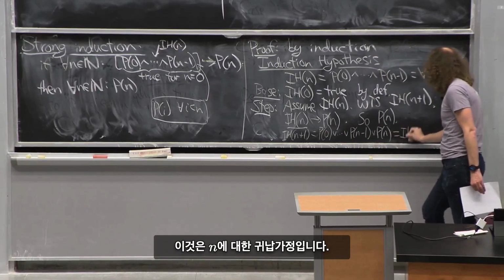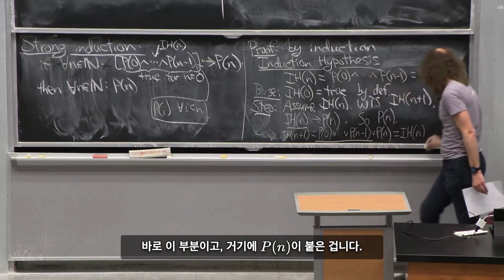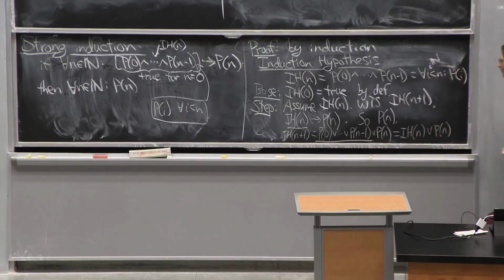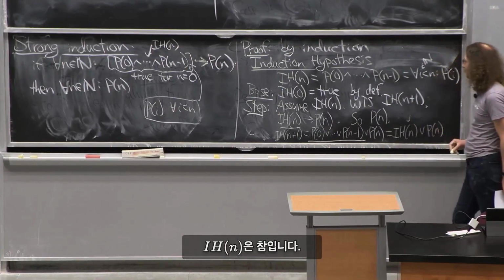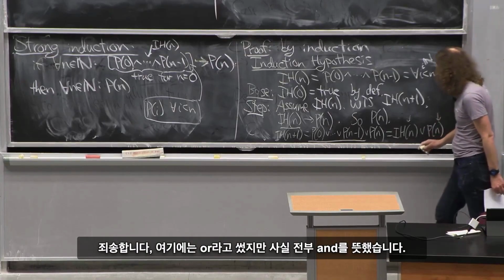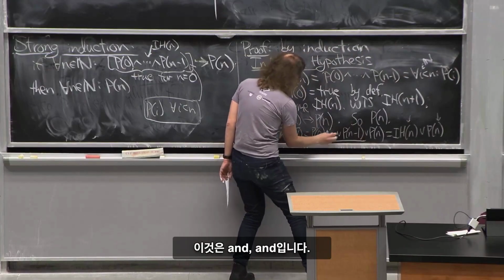This is the induction hypothesis of n, that's this part, or P of n. Right, that's just formula manipulation. And this we assumed is true, IH of n is true, and P of n we just proved is true. Sorry, I wrote or here, but I meant and everywhere. This is and,